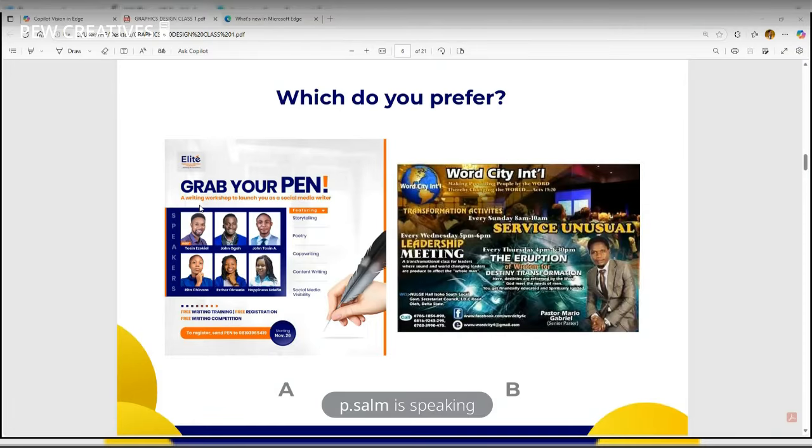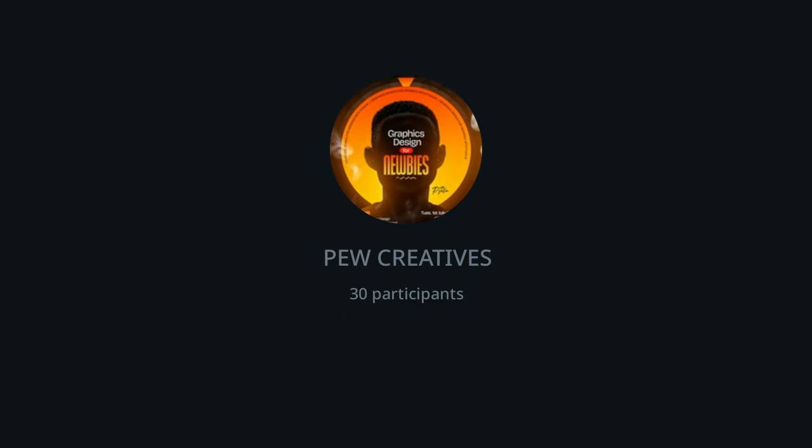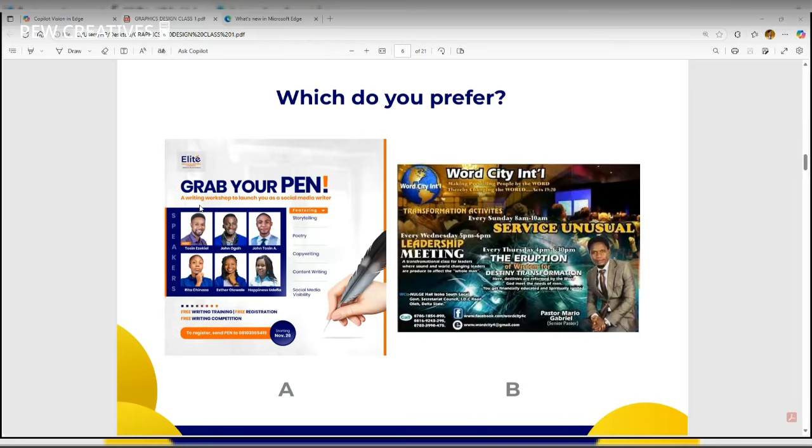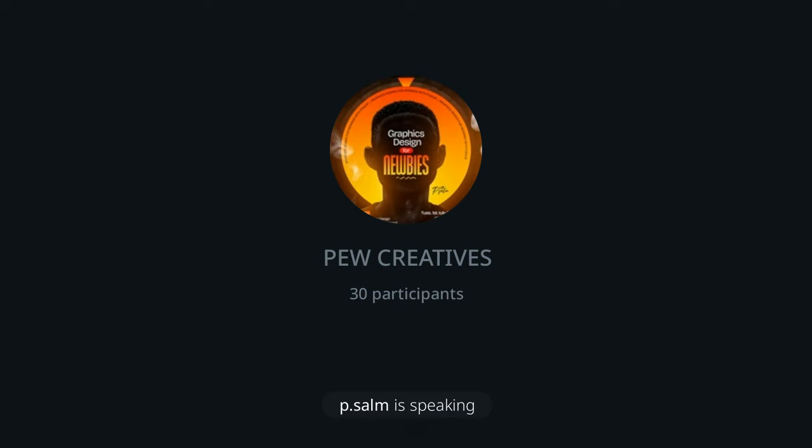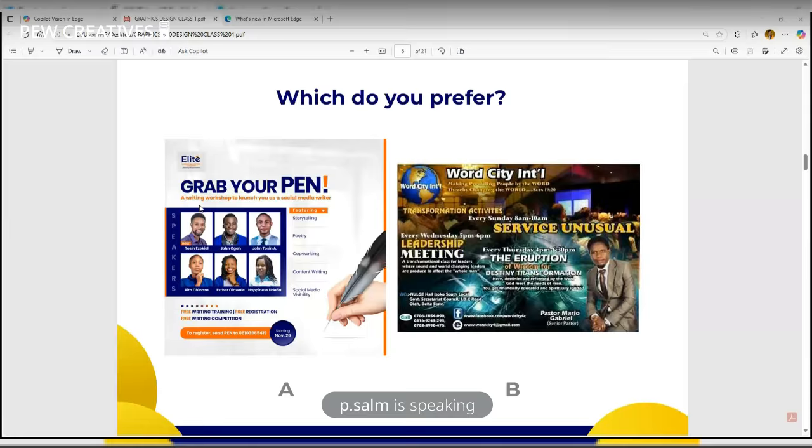Which one do you prefer? This is another design. Which one do you prefer, please? So both are designs that are done by different designers, you should know. So different designers came up with the design, but